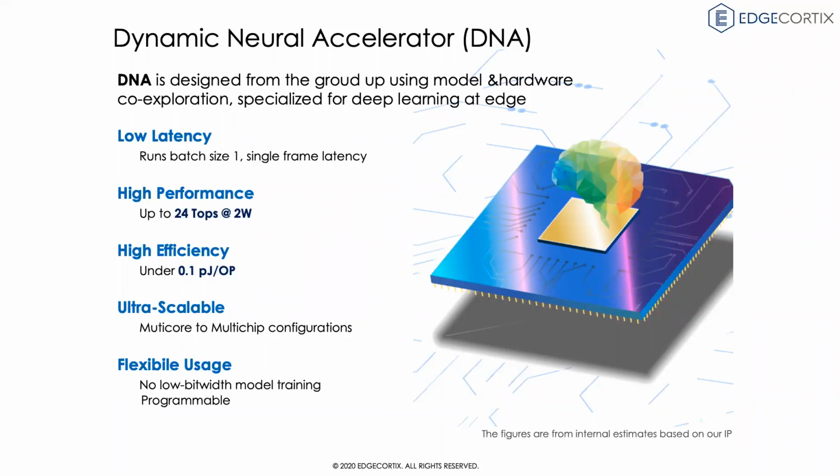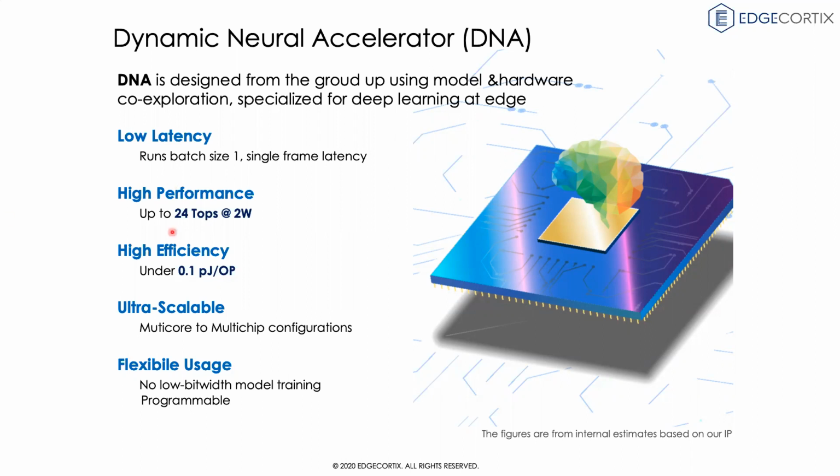You now have access to high performance, potentially up to 24 tera operations per second at a 2-watt energy requirement. That would translate to somewhere around 12 TOPS per watt, which would bring this kind of framework to the current state of the art of what is possible right now with existing edge chips or edge architectures. You can also get very high efficiency. In this case, each operation can be performed under 0.1 picojoules. That also allows you to remain within those resource constrained environments, but yet get high compute capabilities.